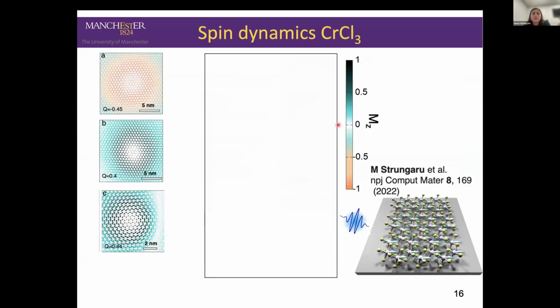So one material that we investigated is chromium trichloride, which is a 2D magnetic system with an in-plane anisotropy, as shown in the schematics below. And we were interested to understand whether it's possible to control the spins in chromium trichloride via a laser pulse, via an ultrafast excitation. So for this,